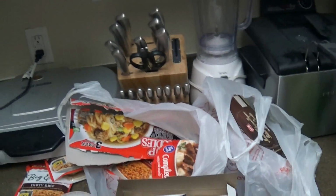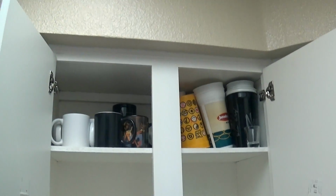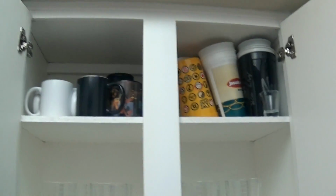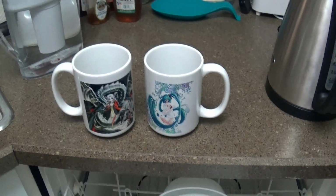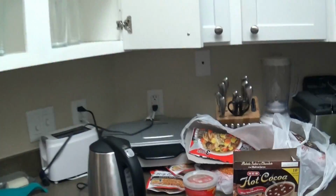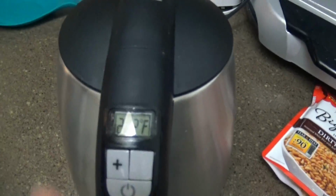I'm trying to think what else is notable. I don't think there's anything particularly notable about stuff. I guess I haven't done all dishes. Obviously there's emergency supplies in case of wanting to eat without having to go out due to Christmas break. I guess I forgot to put all the coffee mugs up there. So I did purchase these new ones, and these two big ones I guess didn't get put up there. Oh well. It's cool stuff, and electric kettles are actually awesome, especially since you can set the temperature to the